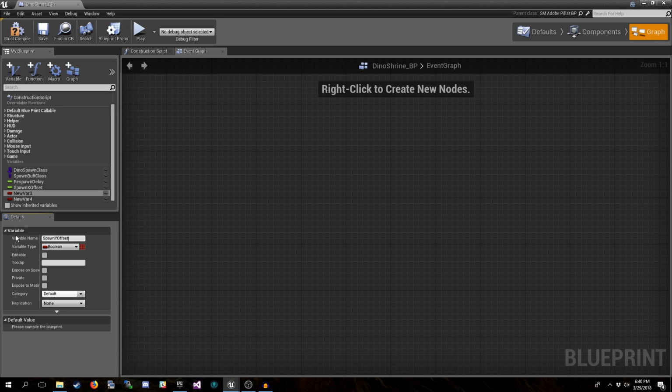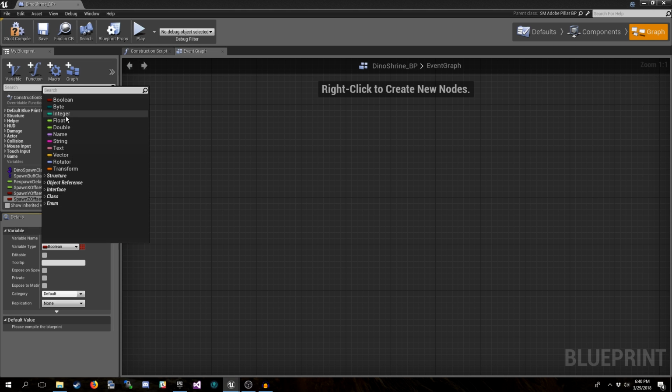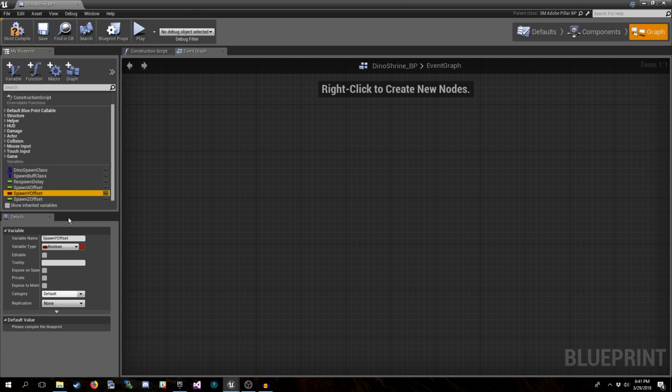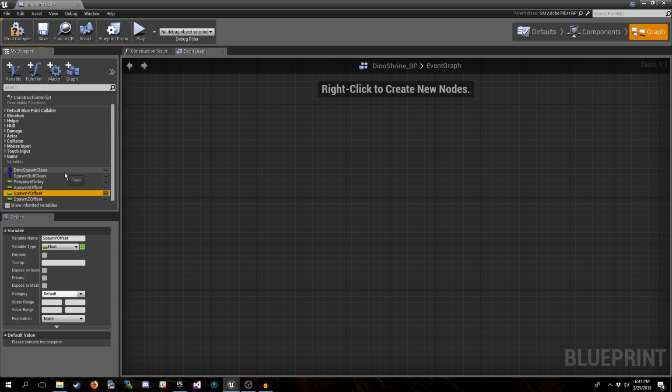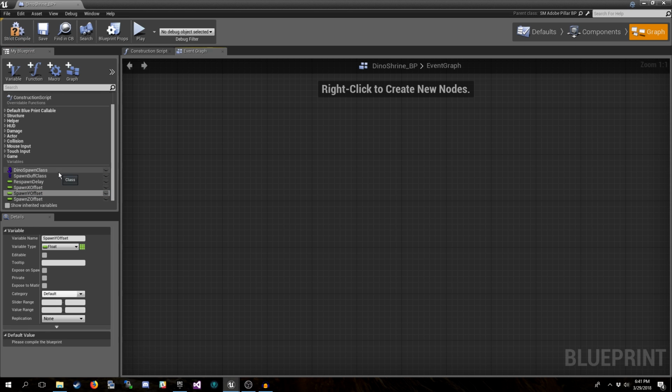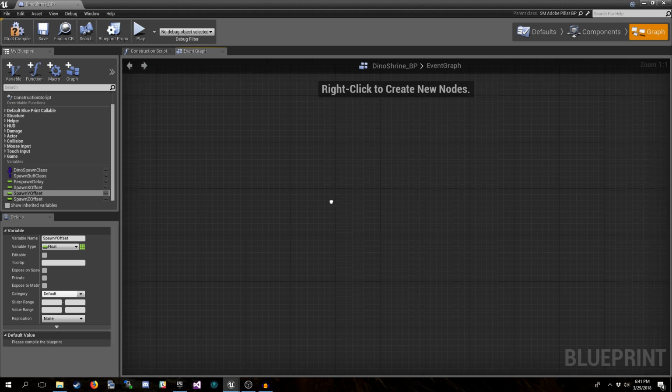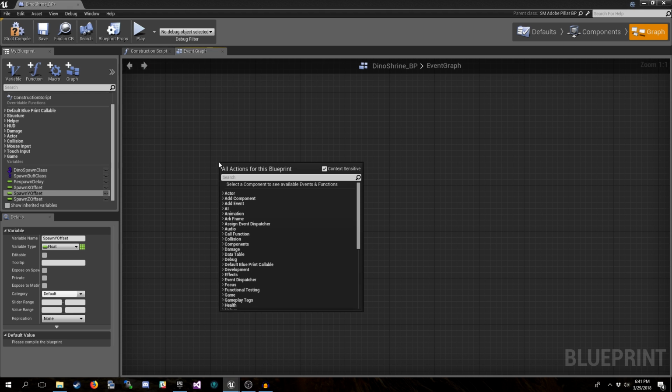And I'll explain why I'm creating these as variables when we get to them, but it is pretty handy for being able to make quick adjustments during test. So we'll set Y to float and Z to float, and that's all the variables that we'll need for what we're doing. So now we've got our storage for data. Let's go ahead and create the logic that's going to use it.